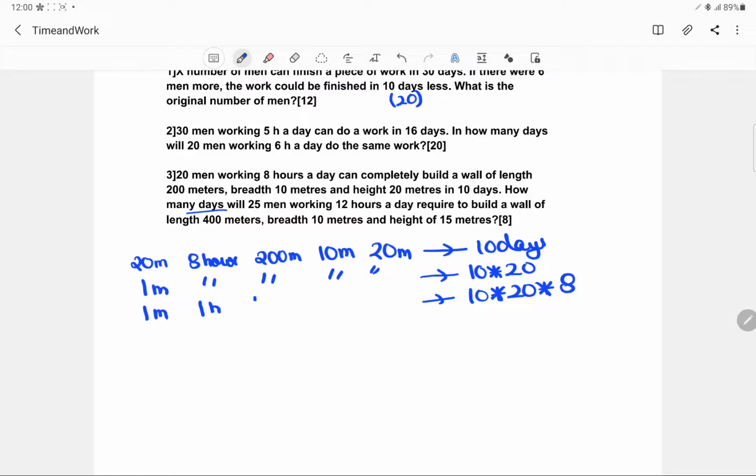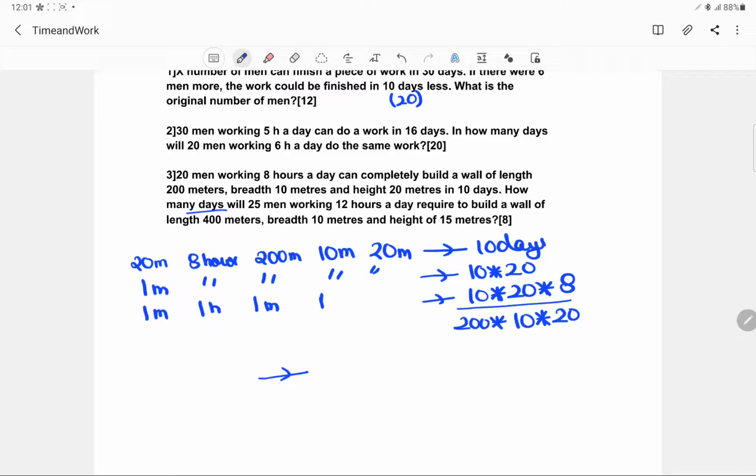Now he has to build a wall of 1 meter. So just remember that now it would be a lesser number of days because now he has to construct less. So this would be a direct relationship, divided by 200. Similarly, if the breadth is 1 meter, then this would be into 10, and then this would be 20. Okay, so this is given like this. Then you just do the reverse.